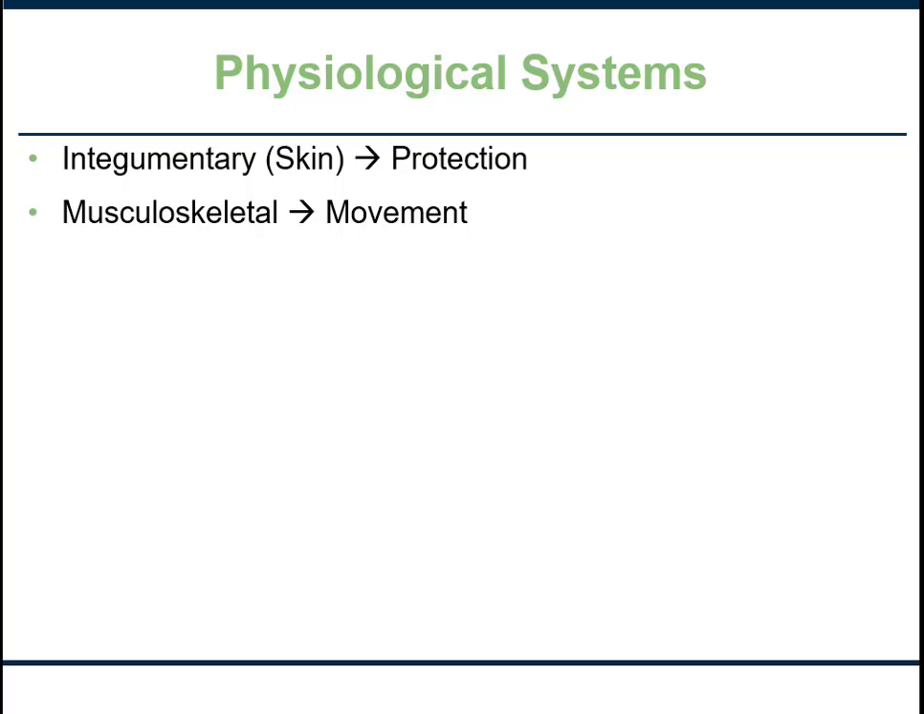Second is musculoskeletal. Notice that in physiology we combine the muscular and the skeletal system here. These are primarily used from a physiological perspective for movement. There are other things that it does as well, but primarily movement. Circulatory system is primarily used for transport, and in fact your circulatory system is the first system that develops when